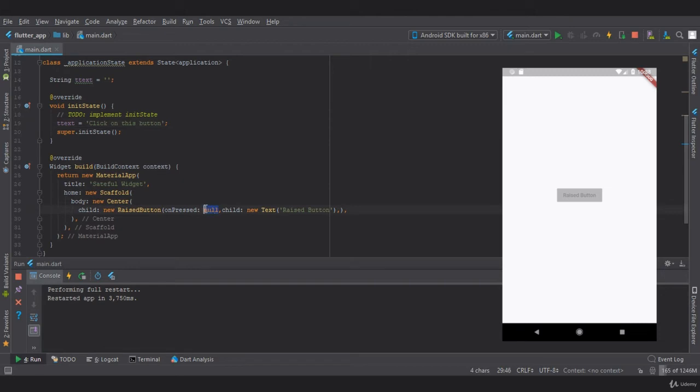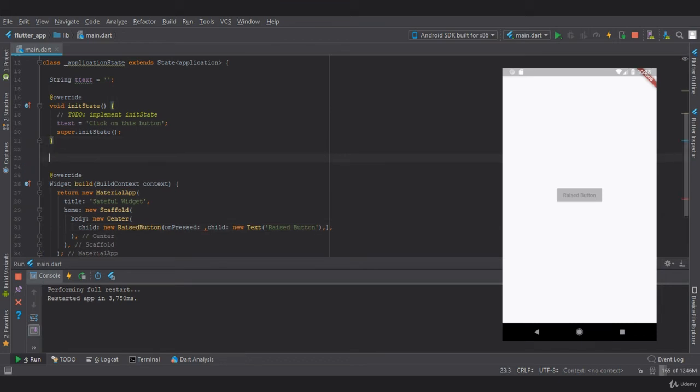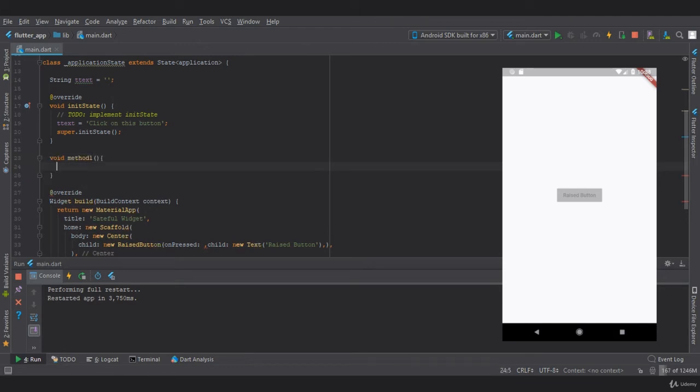and on press we want a certain operation to perform. So for that we'll create a method, let's say void method1. In this we will define a setState. Now setState actually notifies the framework that an internal state of an object has changed. So for that we need to create a setState.